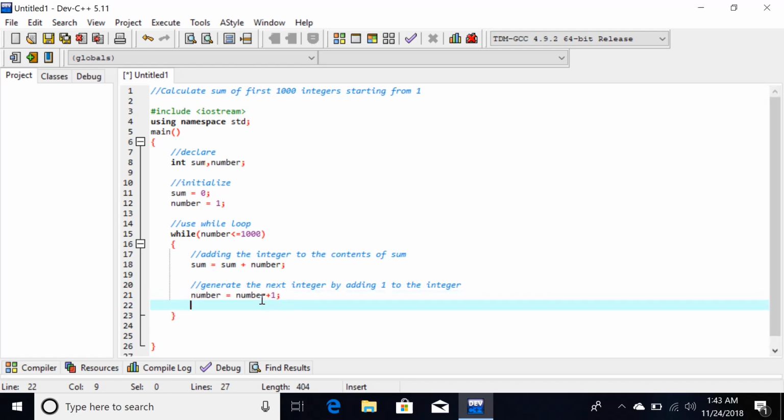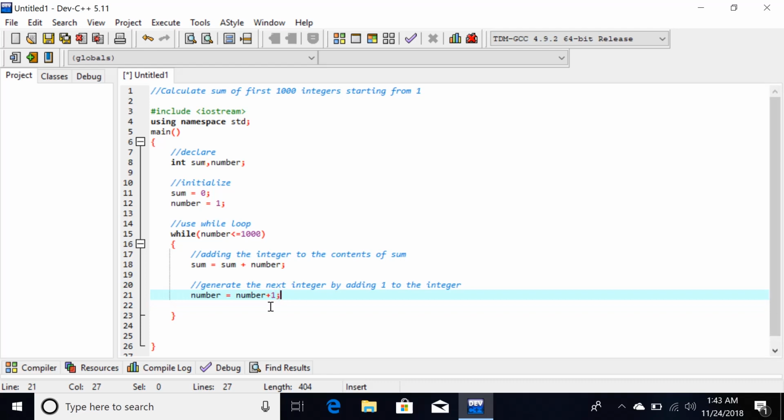So number has become 2. Now it will look at the condition, 2 is less than equal to 1000. It will come back. So the sum was 1, and now the sum 1 plus the number 2, it has become 3. The new value of sum is 3. Now the number will be updated from 2 to 3, because 2 plus 1 is 3. It will again check, 3 is less than equal to 1000, so sum was 3, so 3 plus 3